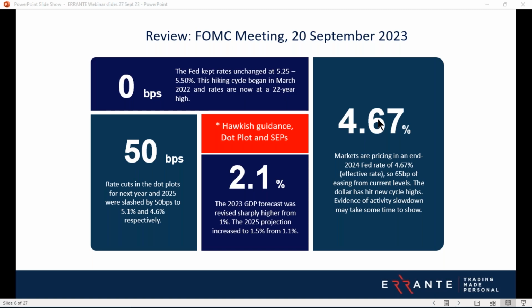Brief recap: in line with expectations, we had, of course, the Fed and the Bank of Japan leaving interest rates unchanged. We had Sweden's Riksbank and the Norwegian Norges Bank both hiking rates. And the surprises really were the SNB, the Swiss National Bank, and the Bank of England, both of which decided to leave rates unchanged as well, rather than to increase them, which was slightly more priced in by markets.